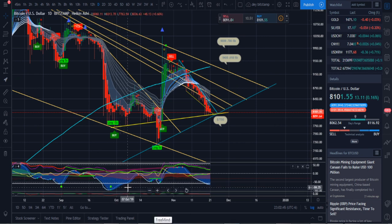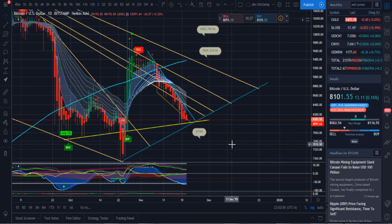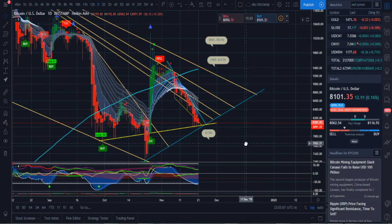Obviously, we could end up putting in a red dot once we start to make some movement to the upside, and that could signal us to come back down. What I think could play out is that we come down and touch that 77 area to make a long squeeze happen there, but then we continue to the upside,